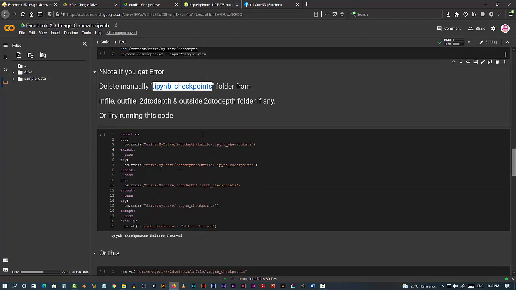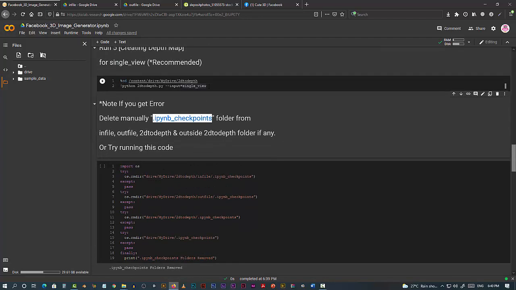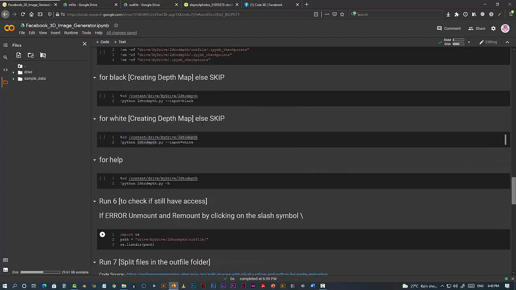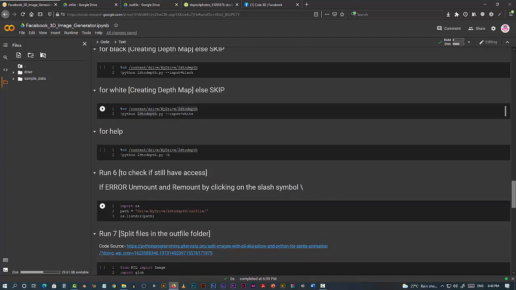And then this is to get the black and white image, but here the front will be gray and the behind will be white. Okay, the single view. But I want something that pops up, so I'll go with this command.